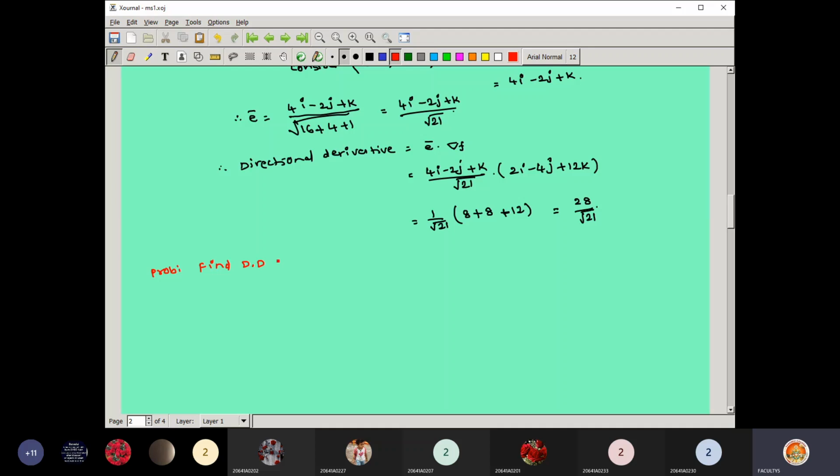Find the directional derivative of xyz square plus xz at the point 1 1 1 in the direction